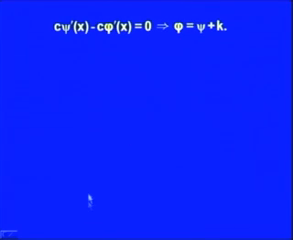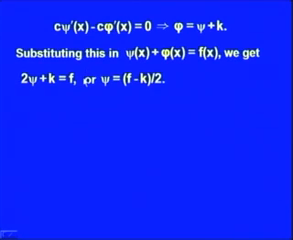So, c times psi'(x) minus c times phi'(x) equal to 0. You can divide by c, and then you have phi'(x) equal to psi'(x). Integrate with respect to x, and we will have phi(x) equal to psi(x) plus k. This k is an arbitrary constant. Now, let us substitute this value of phi in the other equation, psi(x) plus phi(x) equal to f(x). What will we get? We will get 2 psi plus k equal to f, or we may say that psi is equal to (f minus k) by 2,